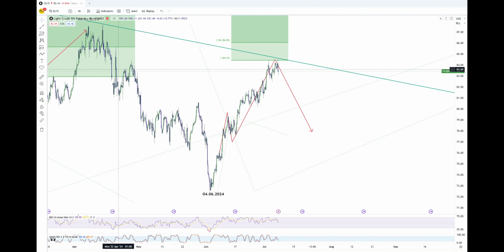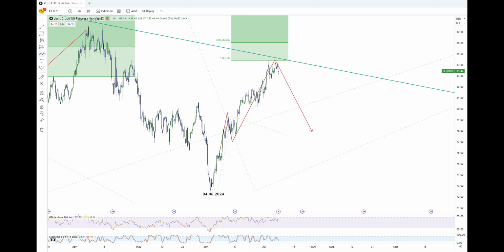Now for oil, other than the long-term downtrend that we trade since March 2022, in the short term we have seen a bounce from the 4th of June's lows over here, and we are expecting to see a reaction to the downside first before anything else takes place. We have been explaining about this area over here and how we expected all this move to the downside, and from here we said soon the market will give us a bounce.